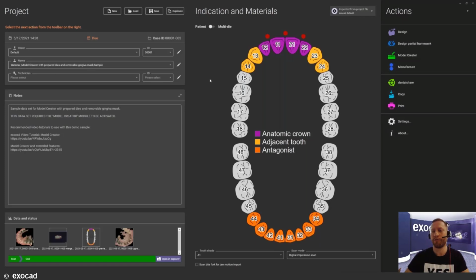You can just create a model and afterwards put on your restorations, do analog work if you want to. That's no problem at all. You also have the option to, prior to the model, design your entire restoration and implement it afterwards into the Model Creator as well. But for this purpose, I will just jump right into the Model Creator and we will see what it looks like.